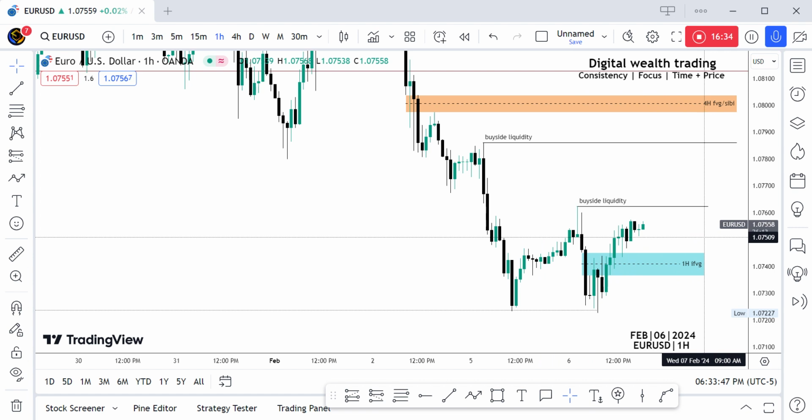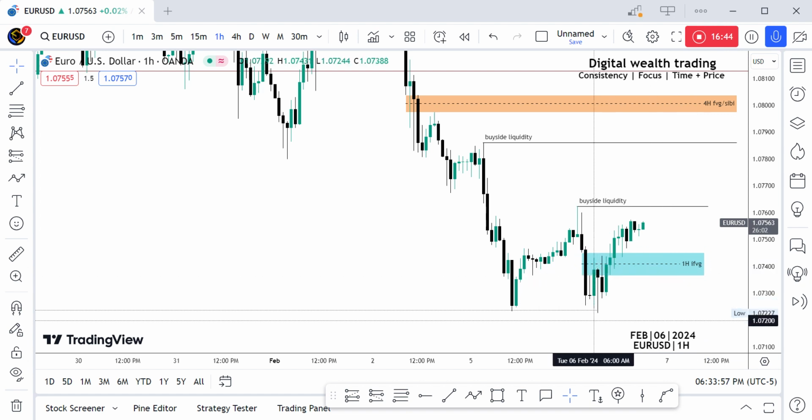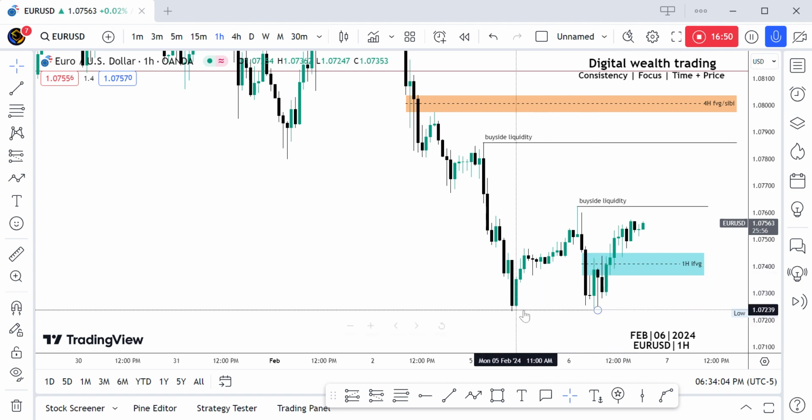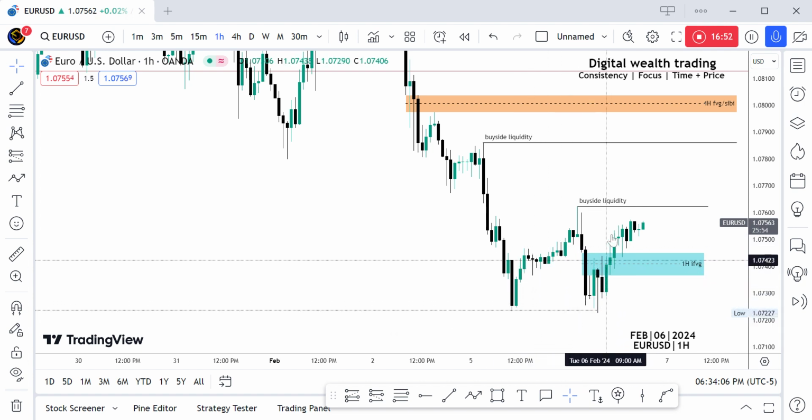The low of the day is formed at 7 o'clock AM New York local time that swept the relative equal low and began the higher resistance liquidity run. So this particular candle is what created the low in today's price. It did sweep this relative equal low and price began to go higher, which is what